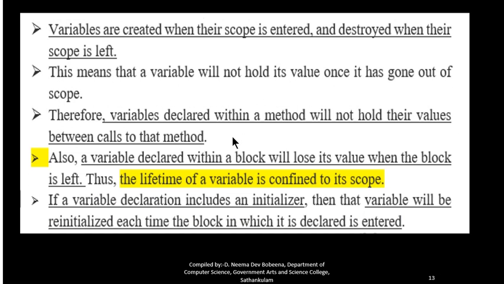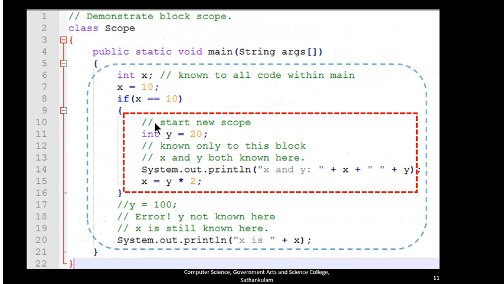Then the next point is that variables are created when their scope is entered and destroyed when their scope is left. That means when this scope is entered, the variable is created, and outside this scope the created variable is destroyed.